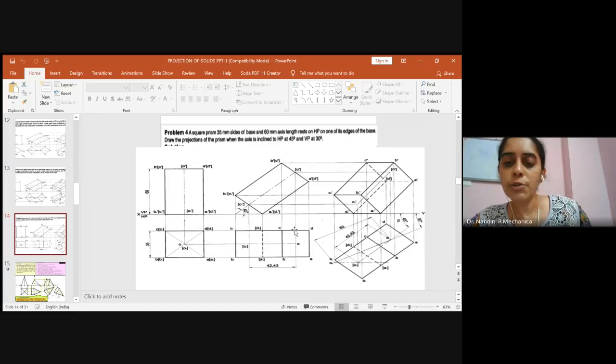So from these 2 points, you measure backside from the midpoint to the D, how much it is. So from this point, you just measure, okay, for this point you got, right? So after you got this point and this point, you just draw a line parallel to the apparent length of the axis, that is the beta angle. So once you got this point, you will draw a line parallel to the axis line.